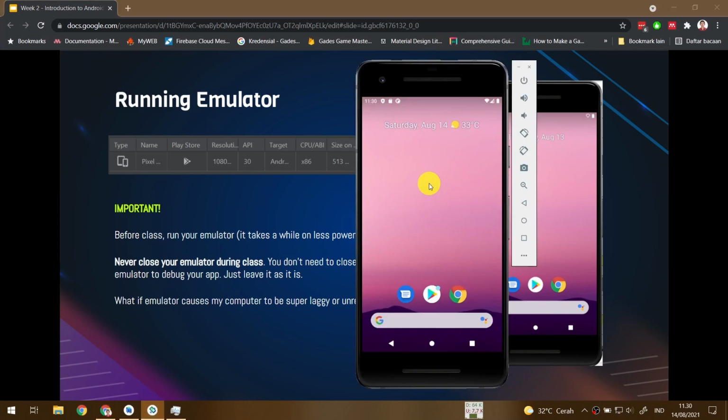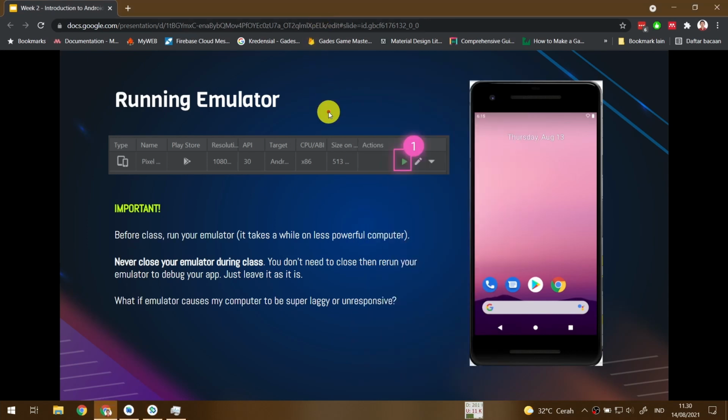As you can see, it only takes a couple of minutes on my PC, but on a less powerful computer it may take longer, maybe 5 minutes. So please prepare your AVD before starting the class, and never close it. You don't need to close and rerun your emulator to rerun your application. Just leave it.